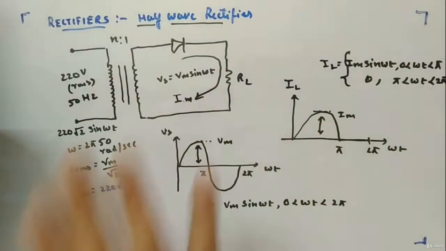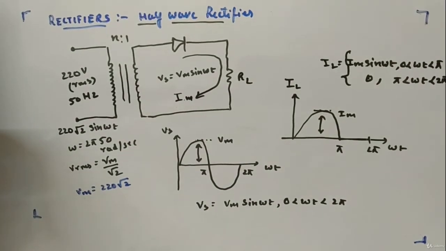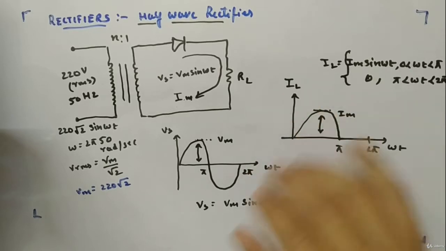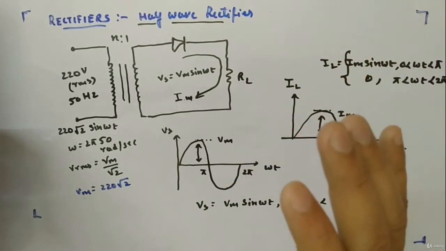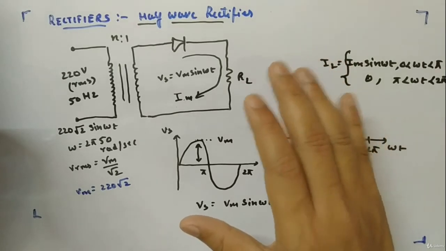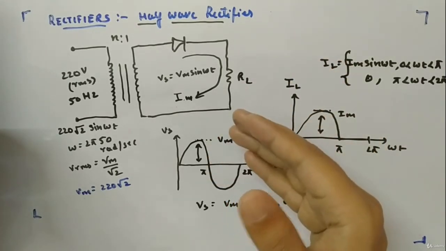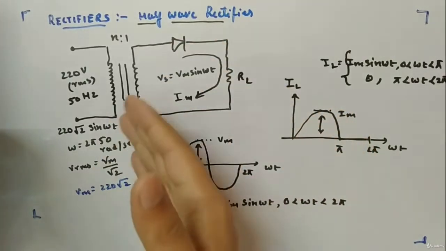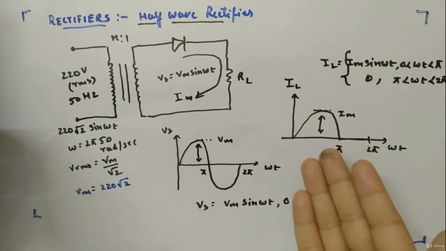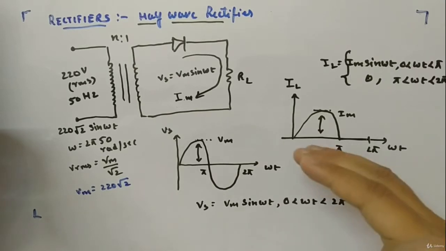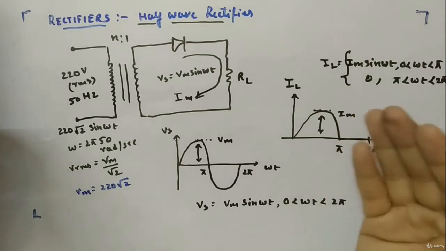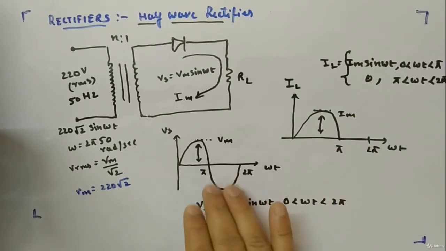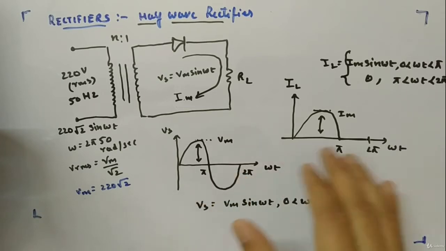So this is the half wave rectifier. Now we will see the parameters of this curve, and what all other parameters it provides us. It's a basic rectifier, the starting rectifier that you can build most easily. One RL, one diode, and one transformer you will require. At the output you will get this. This is not exactly pulsating, but we will see how things proceed. So we were able to chop off this negative half cycle.